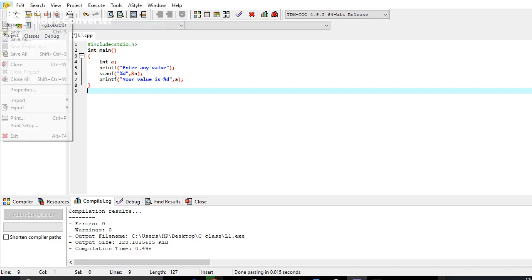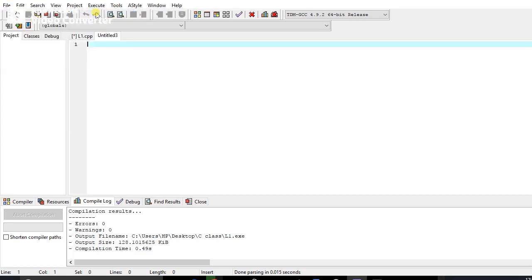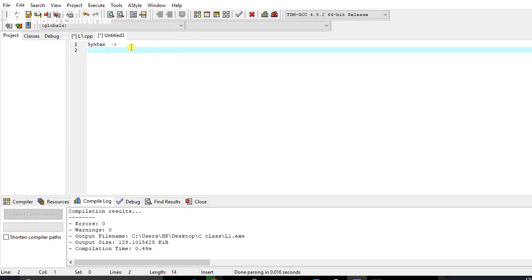Then we open our new source file. For this, first of all, we need to learn the syntax of the if statement.